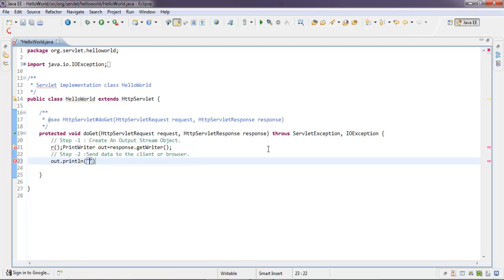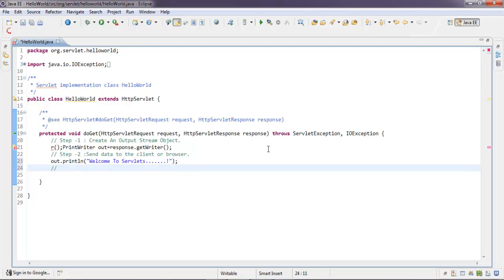Here I am typing a message like this: welcome to servlets. This is the simple message I am writing. So I am just sending a simple welcome message to the client which will say